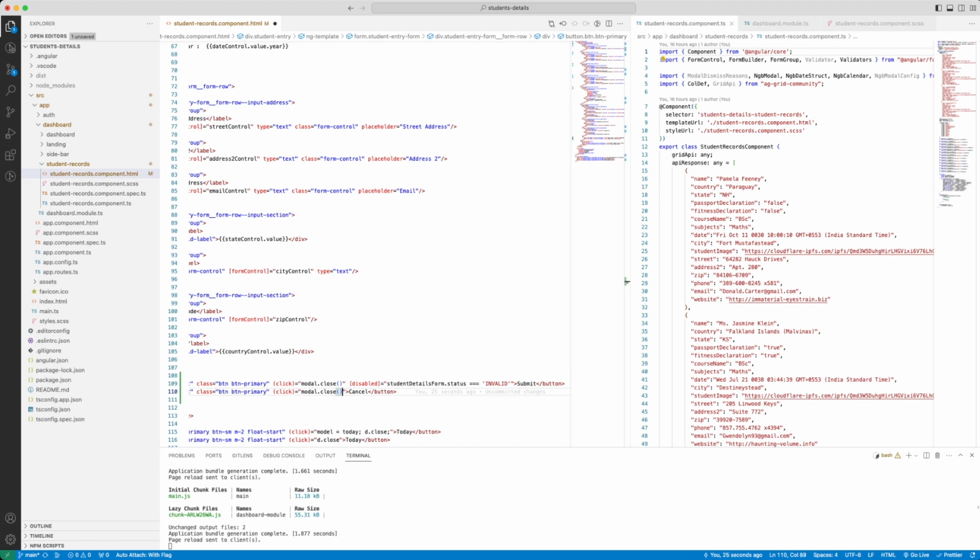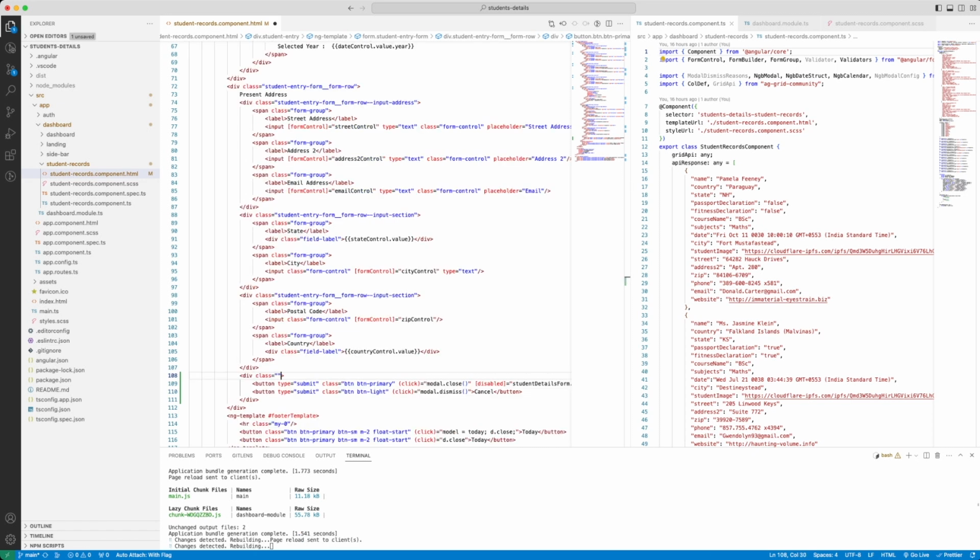So there are two functions in Bootstrap model. The one is dismiss, the other is close. As I have briefly spoken about when we were writing the TS file, in case of close, a close callback would be called in the form, and when you're dismissing it, a dismiss or a cancel result callback will be called. So in this case, I'm going to be dismissing it. I don't want it to be button primary, I want it to be button light. Let me put a class here, and the class name is